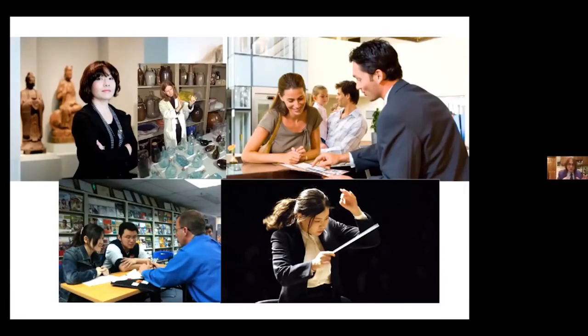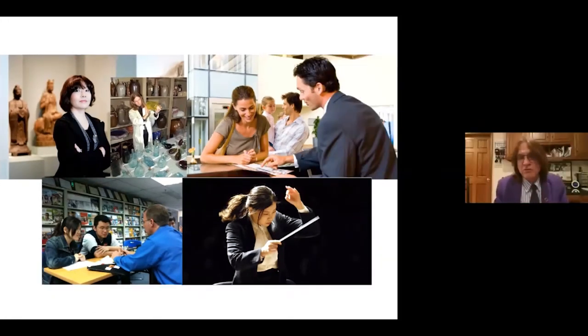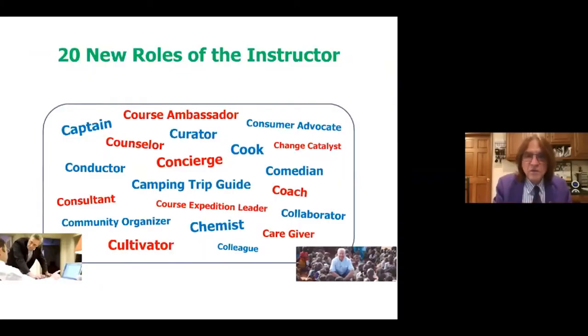We are counselors for our students. We're giving them gentle nudges along the way. We are orchestra conductors, weaving the symphonies of our classroom, of all the open educational resources we can find and put together. And then we are a concierge in a hotel, providing students with maps, routes of their progress in the contents that we've designed. What's the best path for them that we can design? So we have many roles as instructors.